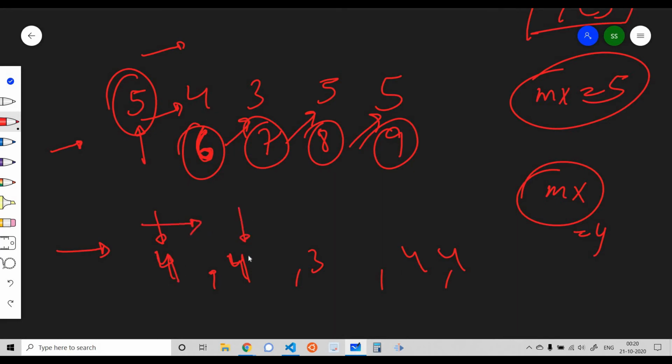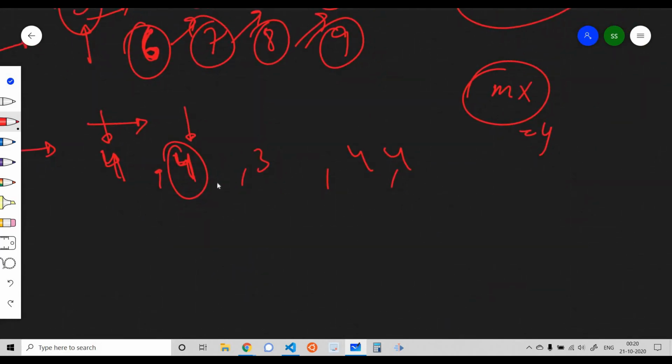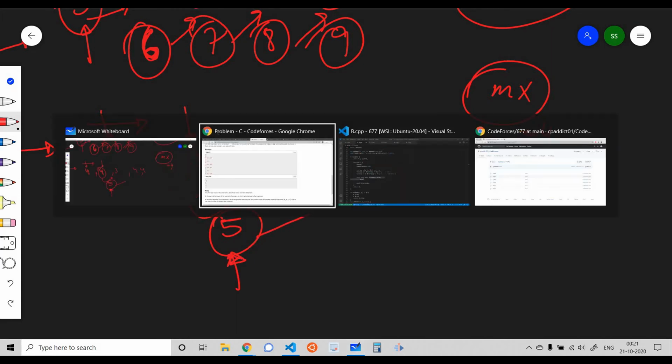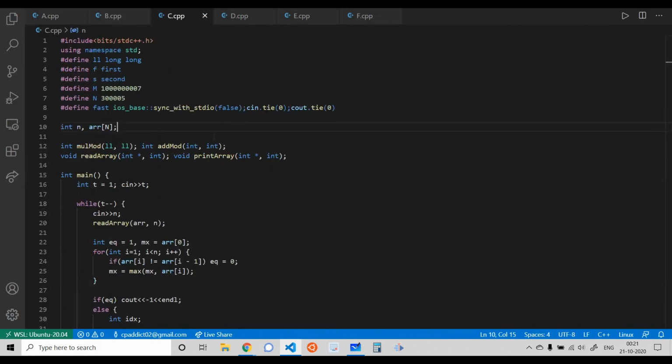We see this one. We see that this is having a piranha which is a smaller size piranha to the right of it. So this would be the dominant one. This can be one of the dominant ones in our aquarium because it can eat this one. Now its size will become 5, and after becoming a piranha of size 5, we would be sure that it is having the largest size in our aquarium. So at this point, it can eat any piranha. That's all for this question. Let's see the code now.